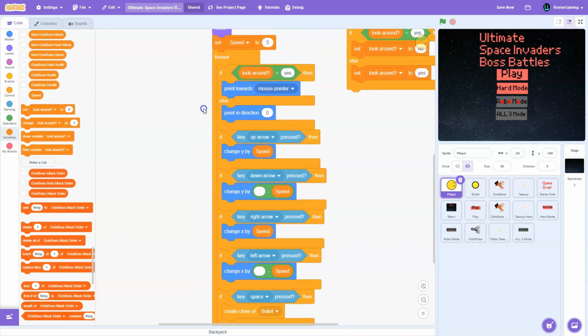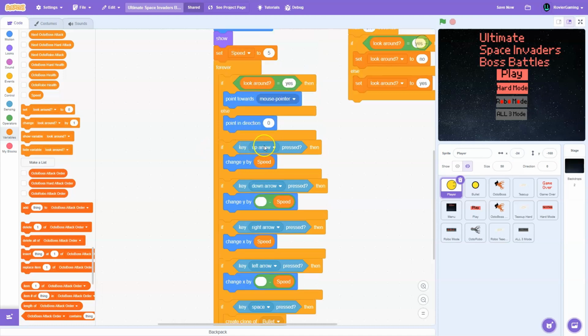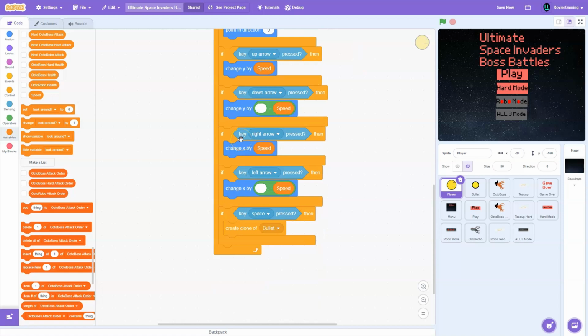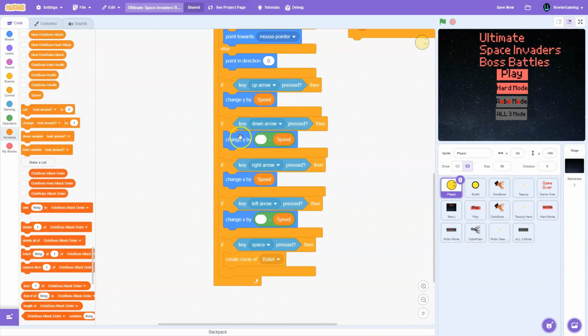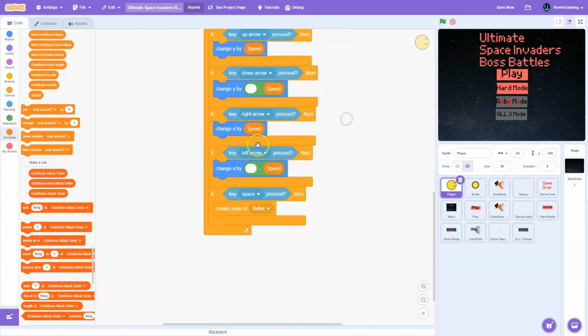So then this forever loop is the main code. So if workaround equals yes, then point towards mouse pointer. Else point in direction 0. And then right here, if key up arrow pressed, then change Y by speed. If key down arrow pressed, then change Y by blank minus speed, and this would change it into a negative value. And then it's the same for both of these, but for the